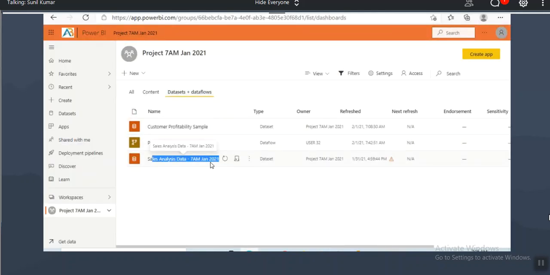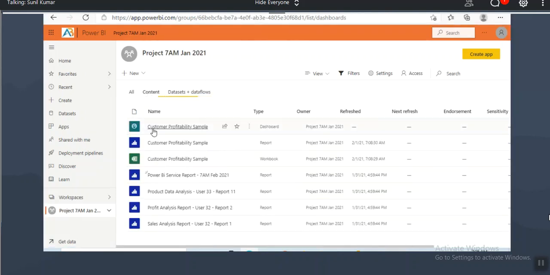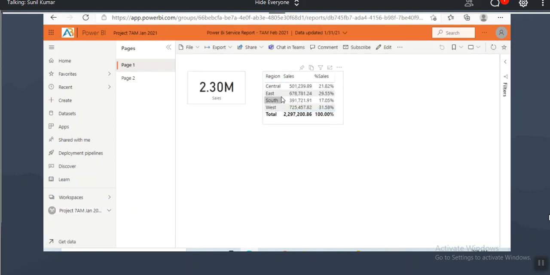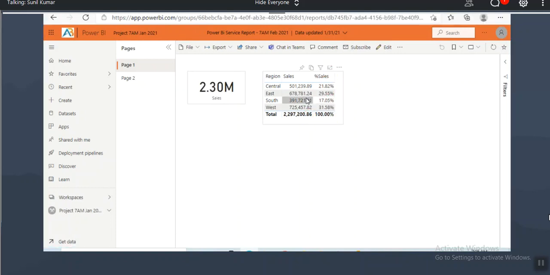So you can just use the data set, whatever tables you have, and whatever new information you created. In this report, which I created in Power BI service, I used percentage of sales. Already you created some DAX formulas in Power BI desktop, you can use them.